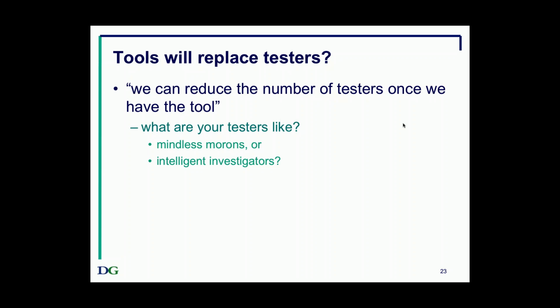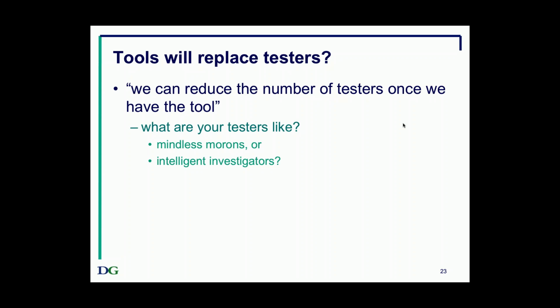And in fact, their brains are engaged, and as they're testing, although they have something which is guiding part of what they're doing, they're not totally constrained by that. They're also doing more creative testing as they're going along, perhaps coming back to do the things that they were wanting to get through as well, because someone wrote out a list of things that should be tested. But they're not just doing what's on the paper. They're doing far more than what's on the paper. Or they might be testing without any pieces of paper at all. They are intelligent investigators. This is not what the tools do.